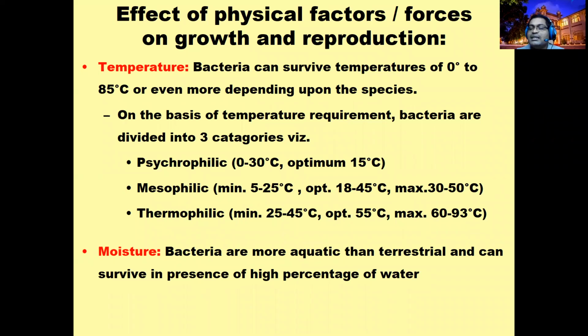So normally the bacteria that we expect to cause diseases or start decomposition of organic material in very wet conditions, these bacteria can work. But a certain bacterial group can work in the temperature range of 30 to 50 degrees Celsius, but it can survive at less than 25 degrees Celsius, so it can work at 18 to 45 degrees Celsius in optimum conditions, but it can survive up to the temperature range of 50 degrees Celsius. We call it mesophilic bacteria.